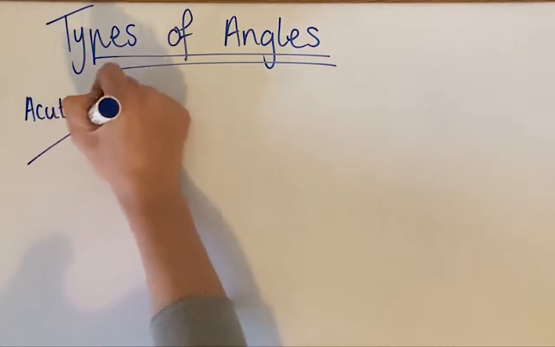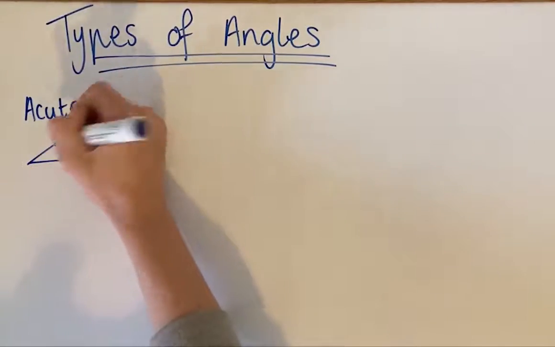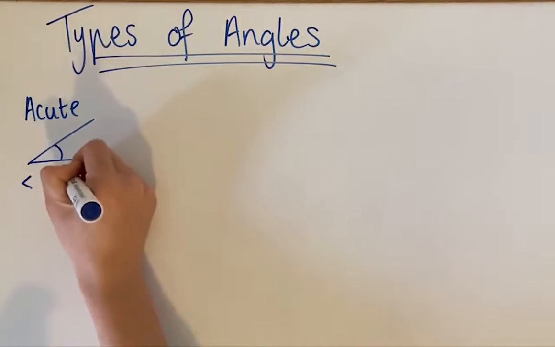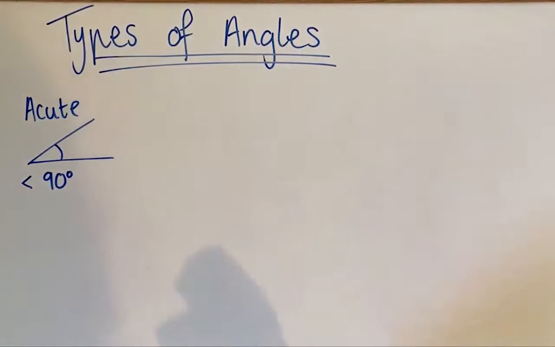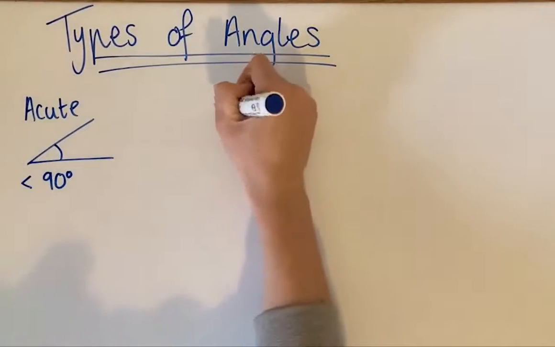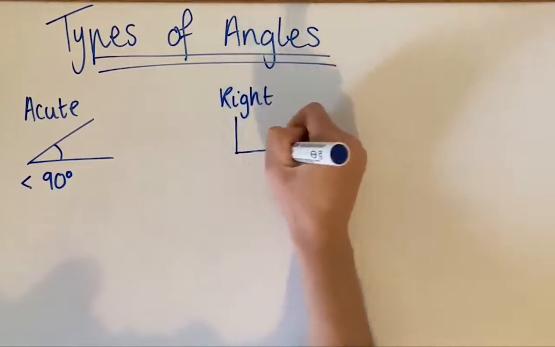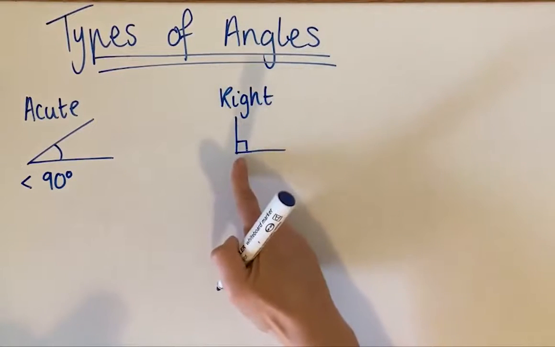Now an acute angle is less than 90 degrees. So this is an example. So they're less than 90 degrees. Okay, so they can be 1 all the way up through to 89 and a little bit extra, but they're smaller than 90 degrees. Now the next type of angle is a right angle, and they always have this little